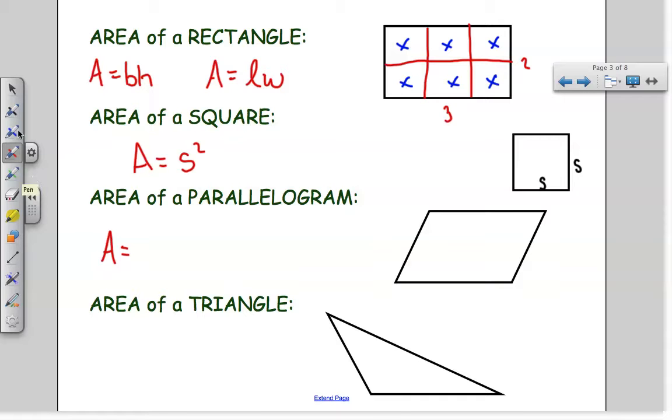Well, here's what we're going to do. Is there a way that you can picture, could I turn a parallelogram into a rectangle? Is there a way that I could kind of alter this, physically change the parallelogram to make it look like a rectangle? Hopefully some of you are thinking, maybe if I drop a straight line here and actually cut out the triangle that I form,